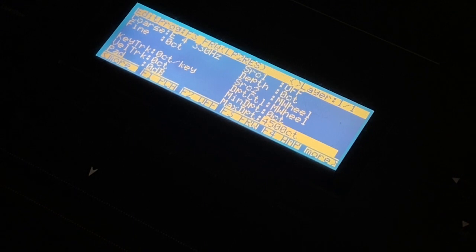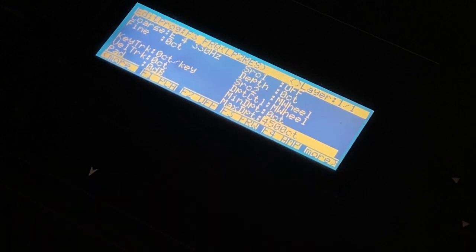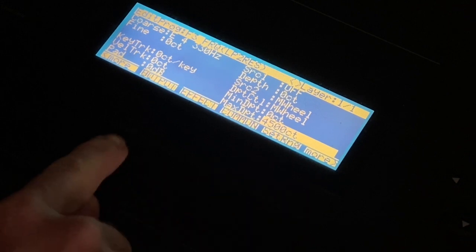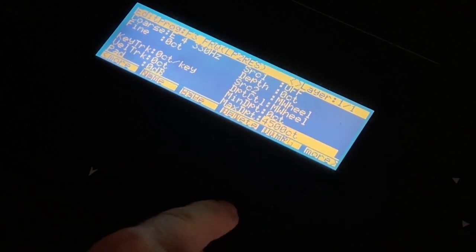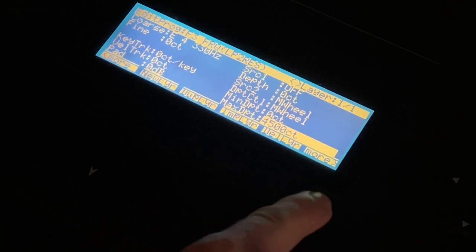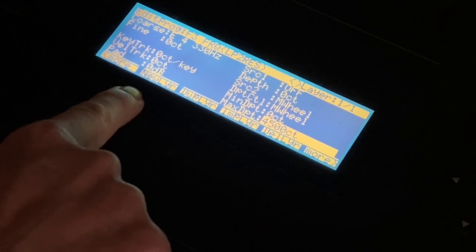But if we want a bit more of a classic lead tone, then what we can do is add a second oscillator. Remember that here we're just working on one layer, and for the purpose of these videos I'll just call layer or oscillator interchangeably. So if we click on more again a few times, we'll get to a page with the layer functions,